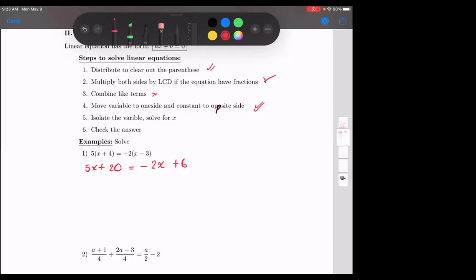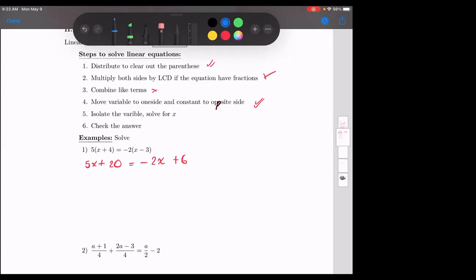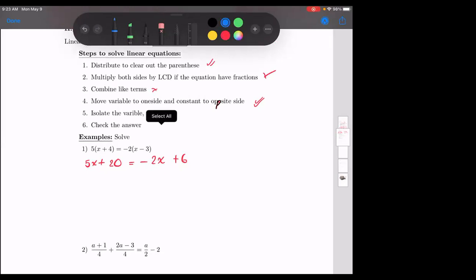Typo, okay. All right, so what I'm gonna do, I'm gonna move everybody that has x attached to it to the left side, because I like my x to be on the left, and then the constant to the right. So what should I do? What did your high school teacher teach you to do? How do I move the negative 2x to the left? Add, right? So you add